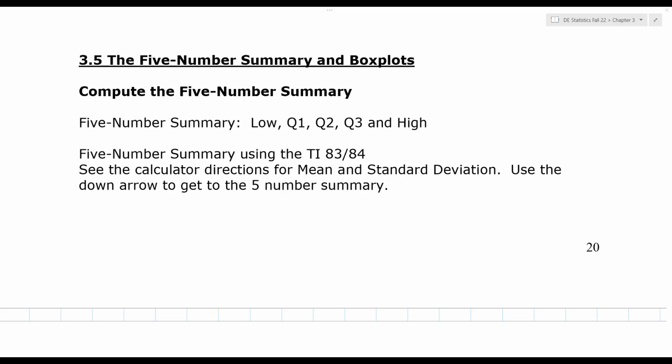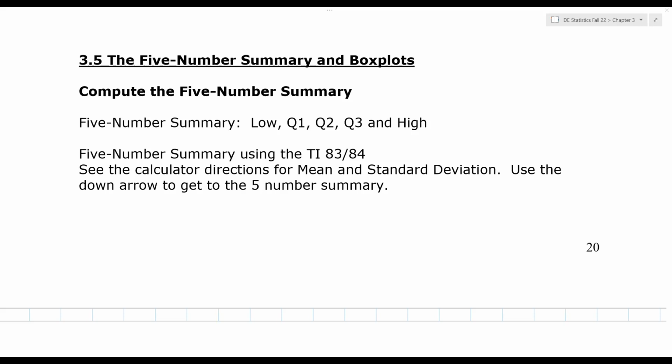Those 5 numbers give you an idea of where the center of our data is, and we can determine the spread of the data by comparing how far away those different values are from each other. If the distance between those 5 numbers is the same, then you have a nice, neat spread of data. It'd be like a uniform. But if the center part, so Q1 to Q3, is more squished together and those whiskers go further away, then you have a